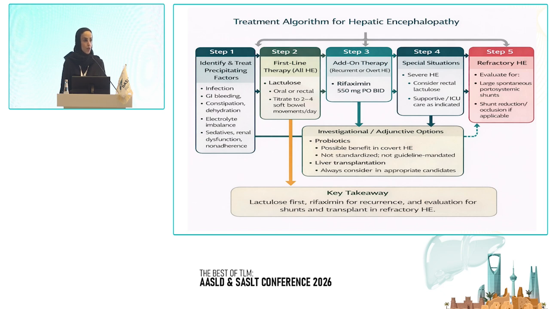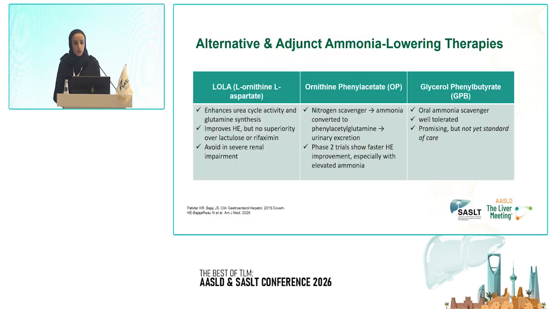In case of ICU and severe hepatic encephalopathy, rectal lactulose is recommended. If there is no response, assess the patient for large shunt and possible embolization. Probiotics are still under study, and small data support probiotics in covert hepatic encephalopathy. It has significant impact on driving ability and cognitive impairment. Liver transplantation remains the best option for refractory cases with significant decompensation.